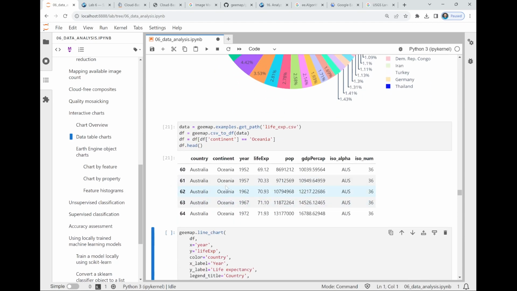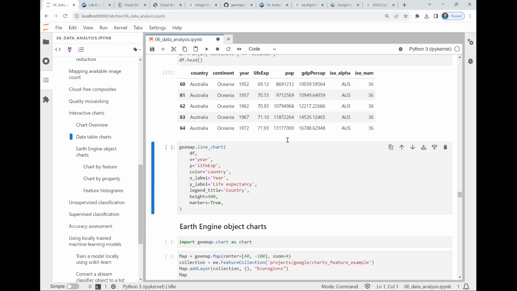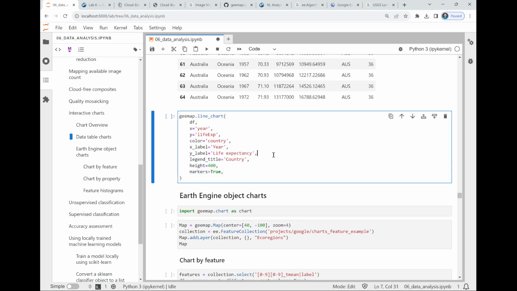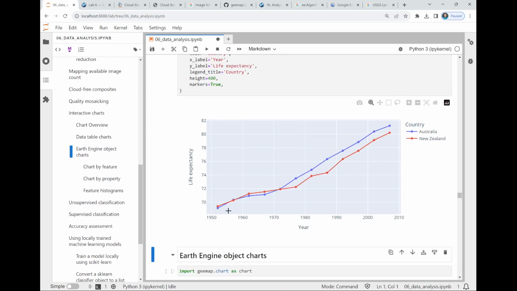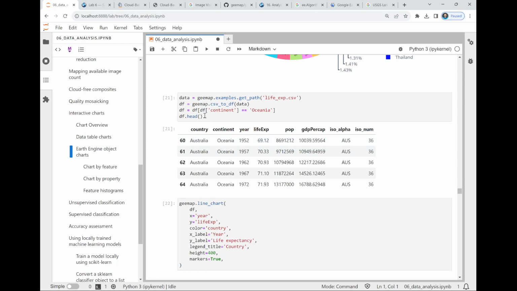And the other one, the CSV called live exp, so a life expectancy. Basically, how long do people live in a certain area? So if you run this one just to show you what it looks like. So we have this table by country, and then you also have continent. This is Australia, and I'm going to show you life expectancy, the trend, right? So in 1952, in Australia, the life expectancy is